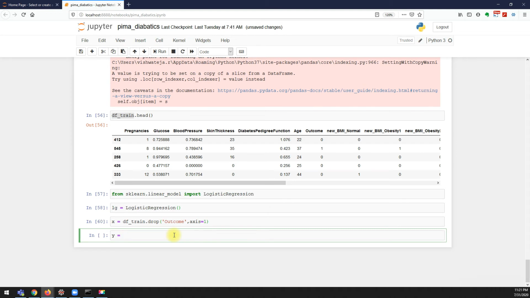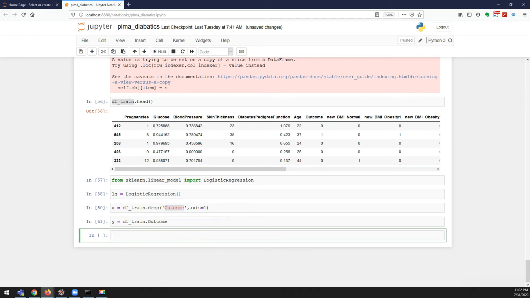Y is equal to df train outcome. Now we have x and y values, and it's the same. If you remember, in our linear regression we saw how to fit and train our model with our data. It's the same procedure. We say lg, our logistic regression object, dot fit comma x comma y. That's it.